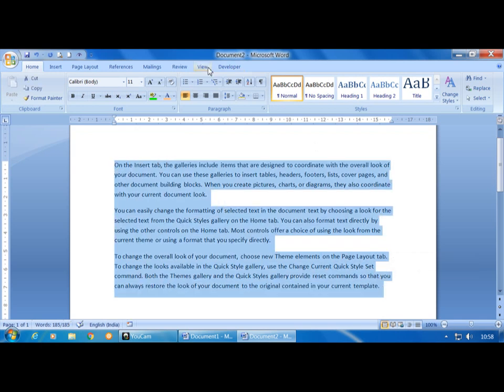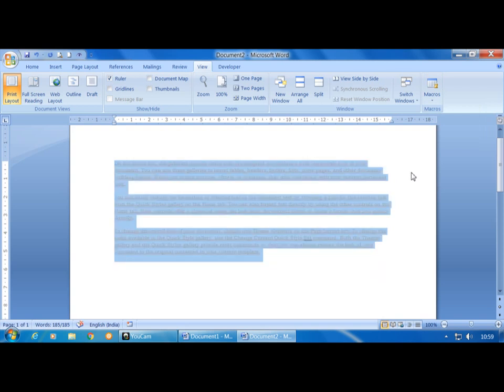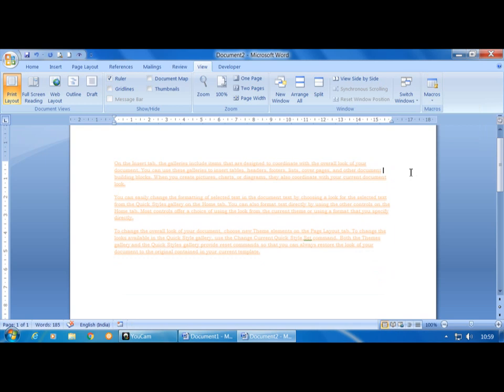Now instead of selecting the Run option from the View Macros drop-down button and View Macros option, what I will do is click on Control plus D, and automatically whatever I have stored in the macro name will apply to the next text. So these are the three ways to record a macro.